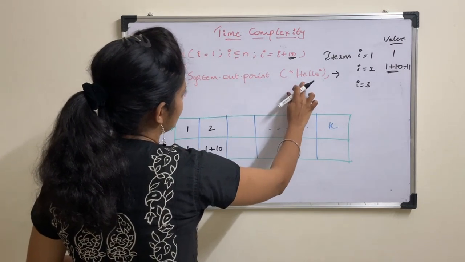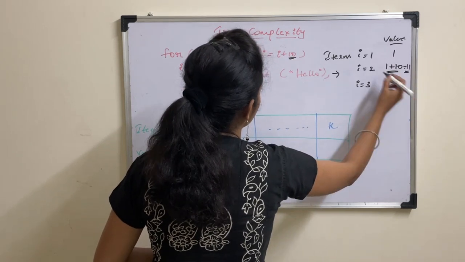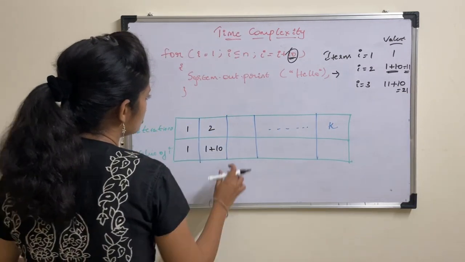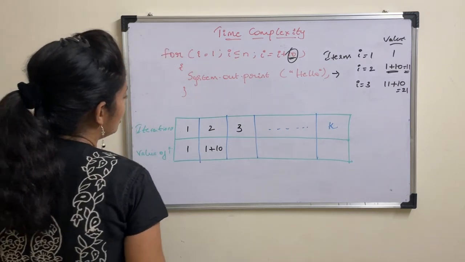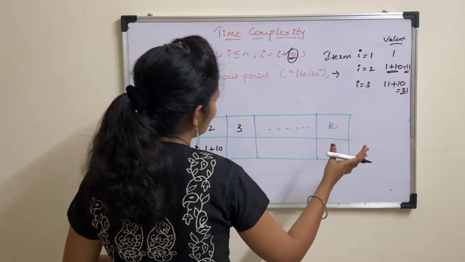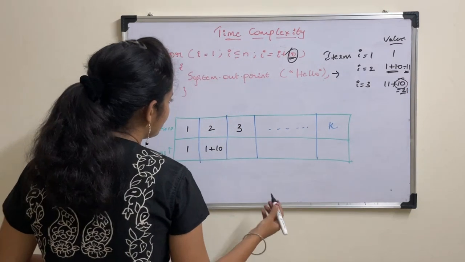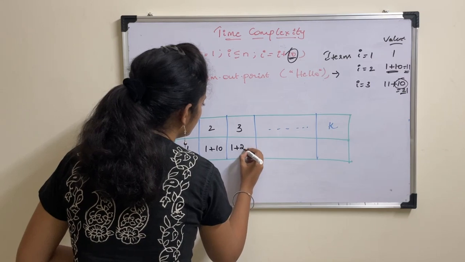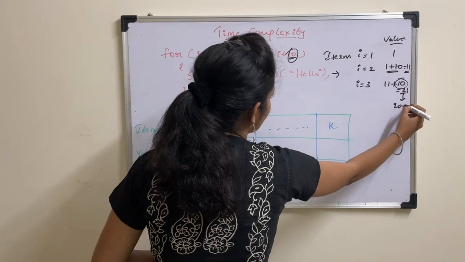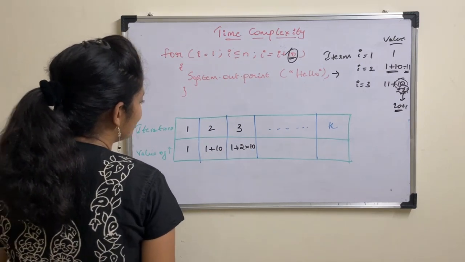So this statement gets executed. After this, I value is already 11. So 11 plus again 10 will be added to that, which is nothing but 21. So in iteration 3, I want to represent this 21 in terms of 1 plus 10 series, in terms of 10. So that can be written as 1 plus 2 into 10, right? 2 into 10 is nothing but 20, adding 1 to that gives you 21. So I got 1 plus 2 into 10.